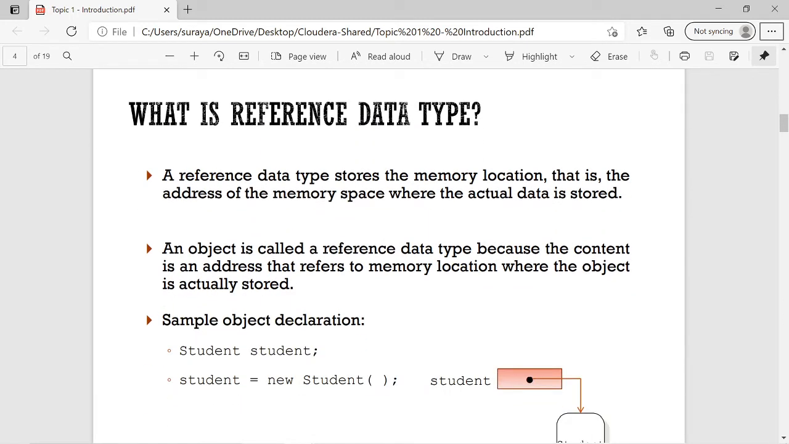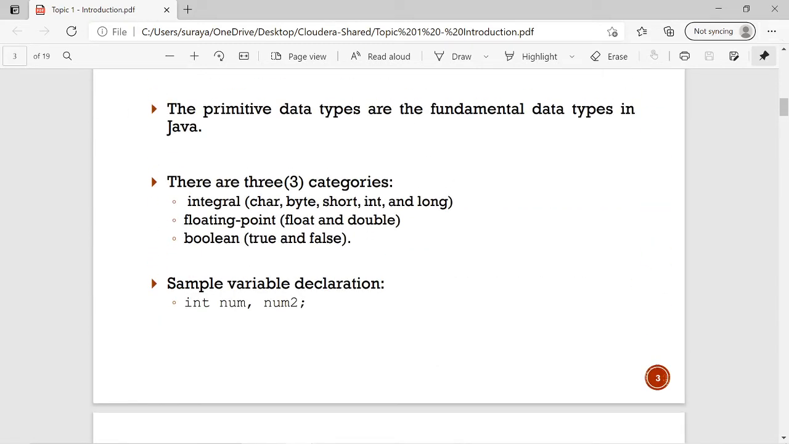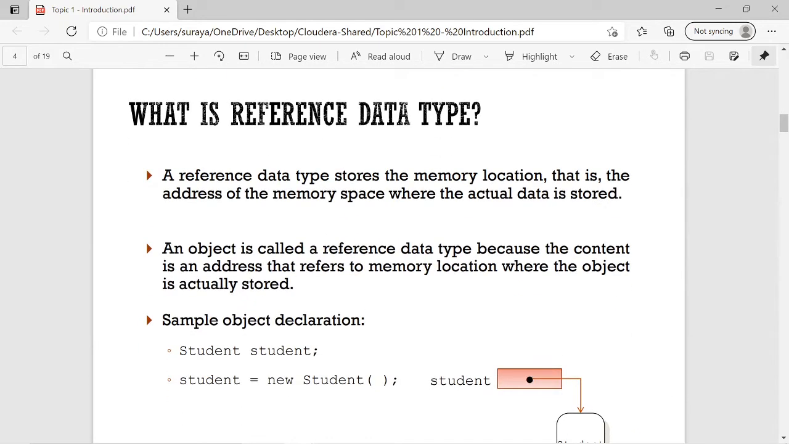Next, another data type is a reference data type that we can call a pointer. A reference data type stores the memory location. Different from primitive data type, when you declare int num, num is a variable that stores a value, such as when you set num as 2, the content of num is 2. But a reference data type stores the address of another variable. For example,